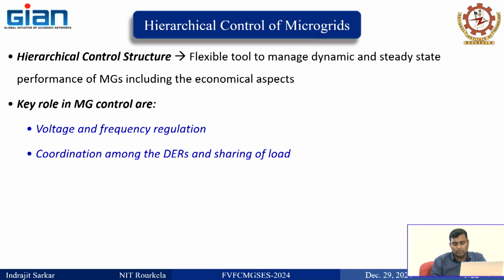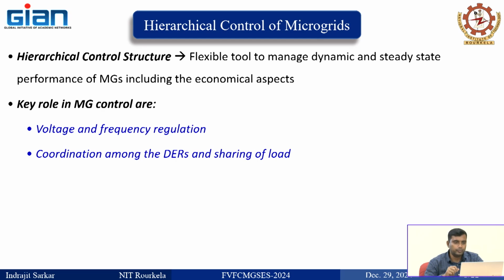Some person may think, why voltage and frequency when it is grid connected? When the microgrid is grid connected, why do we need to think of frequency and voltage? Because it is defined by the grid itself. But the voltage and frequency of the converter which is connected to the grid will give you the output power. It is the voltage, frequency and phase that controls the current, and that finally controls the power delivered to